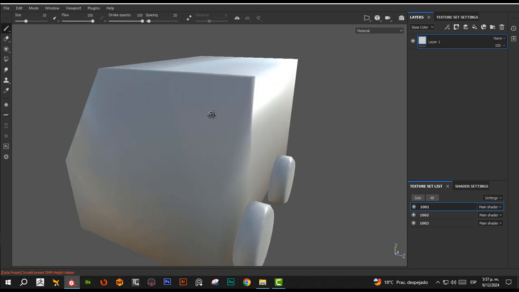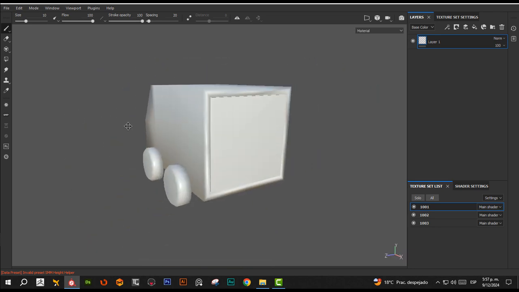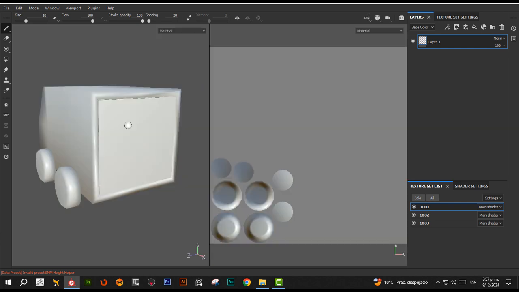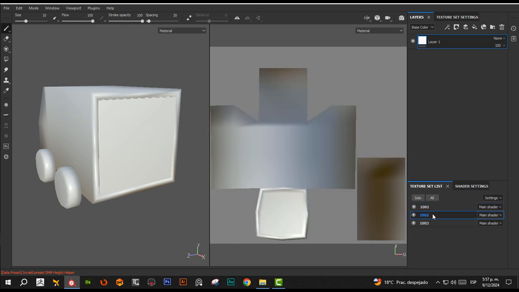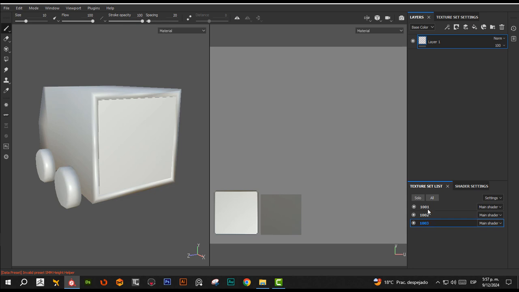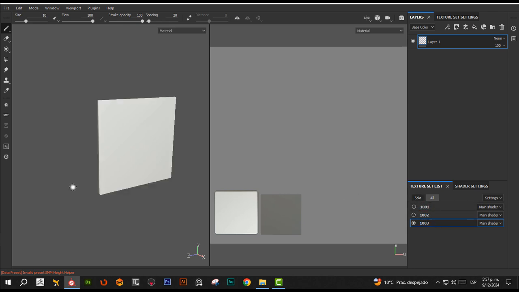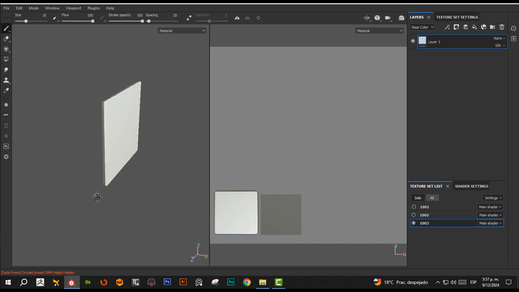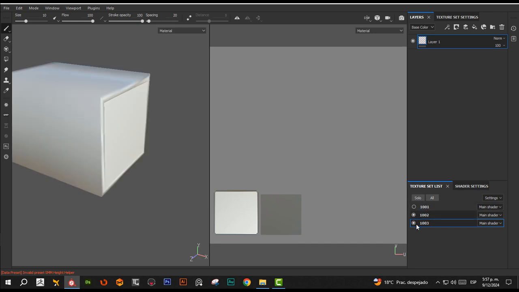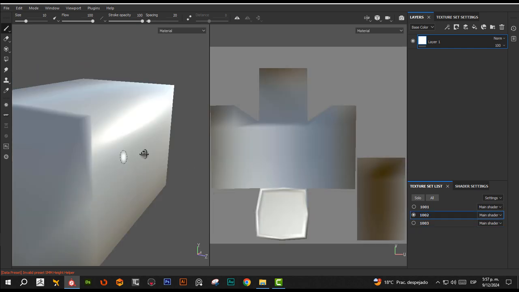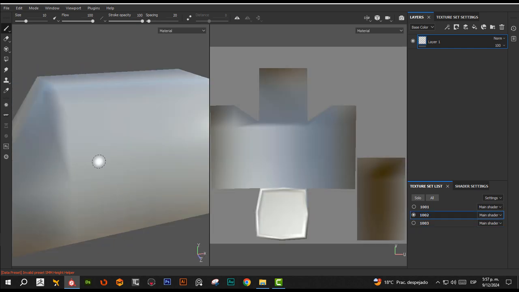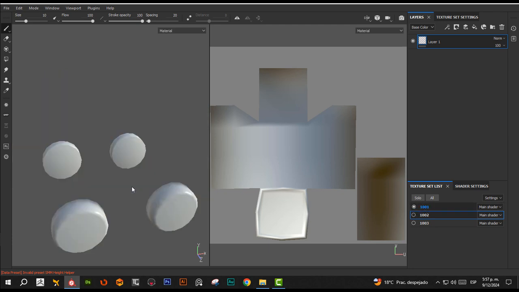Here we have it. It's just a simple model, and we unwrapped each part on different sets with different UDIM islands, and it's easier for us to work in the painting stage because we can choose it just by clicking on these small texture set lists that are here identified by numbers, and